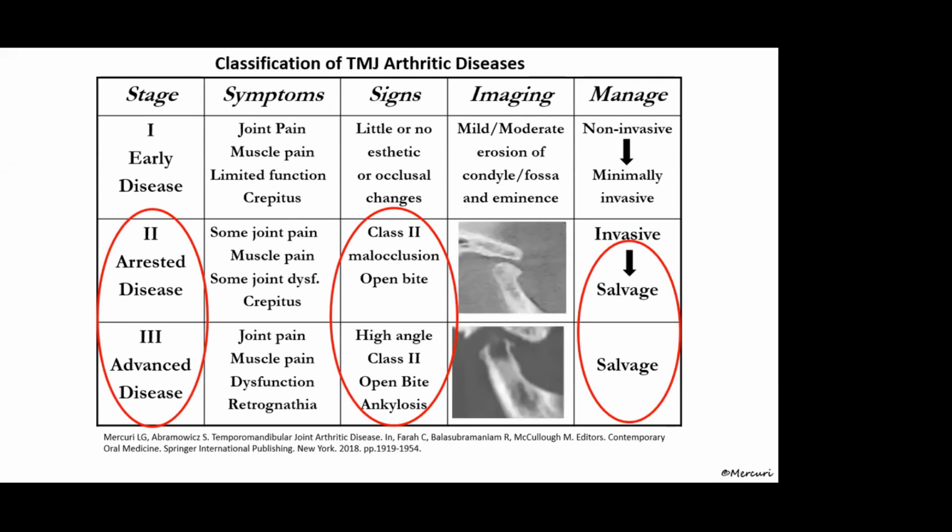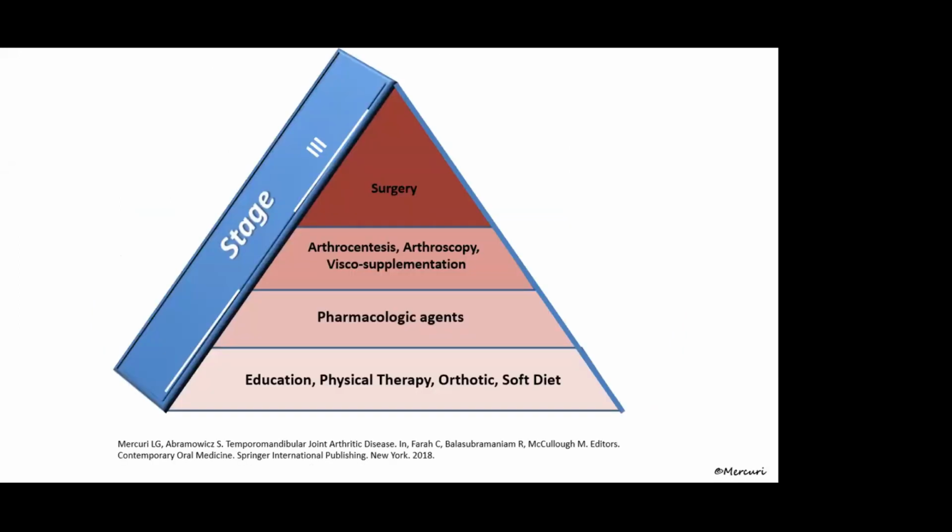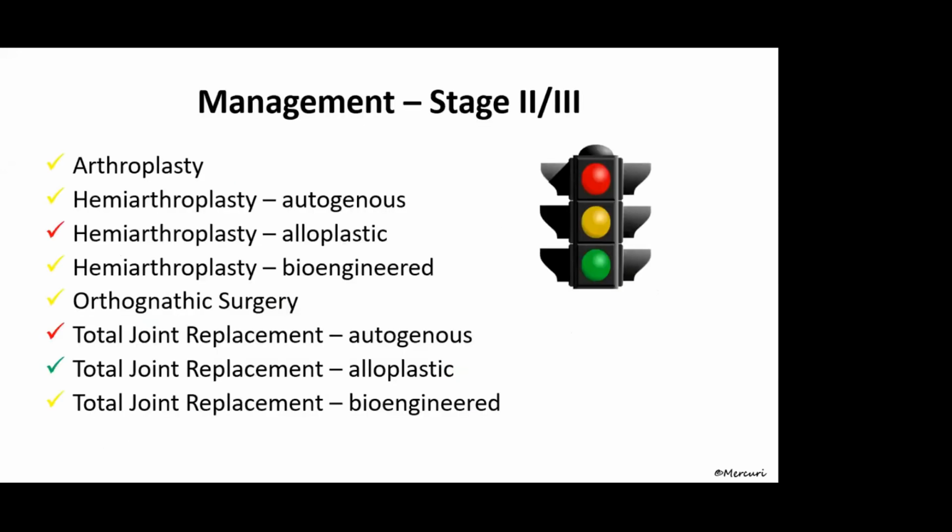These kinds of patients. Or we move up the scale, and we get to surgery. And these are the kinds of things that we've talked about using surgery. And again, we use the stoplight. We have to be very careful using arthroplasty, hemiarthroplasty with autogenous tissue, hemiarthroplasty using alloplastic material, hemiarthroplasty using bioengineered tissue, which is not yet available, orthognathic surgery, because